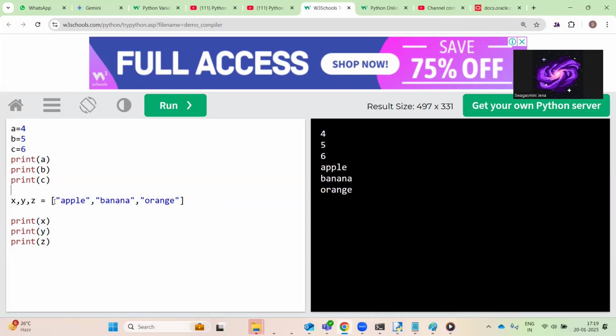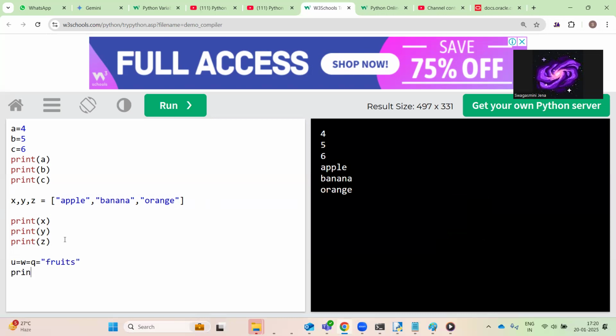What if the same value is used for several variables? Say I'm taking other variables, u is equal to w, w is equal to q, and all of them have the value fruits. This is a string value which has the value fruits.